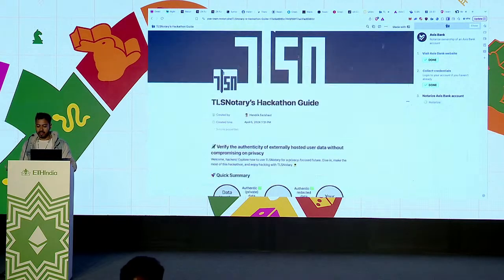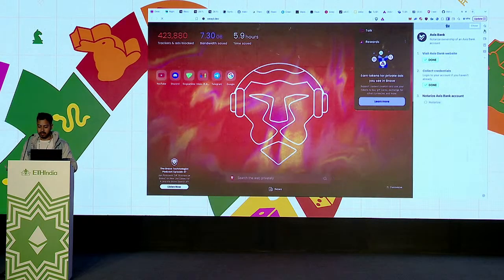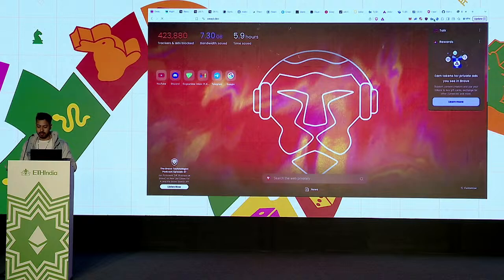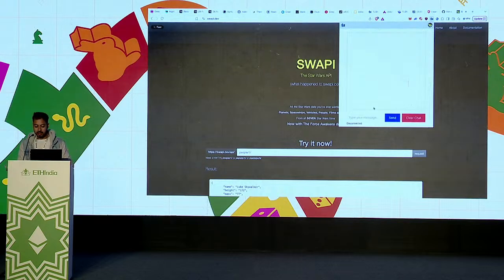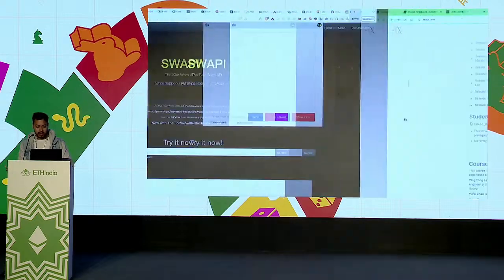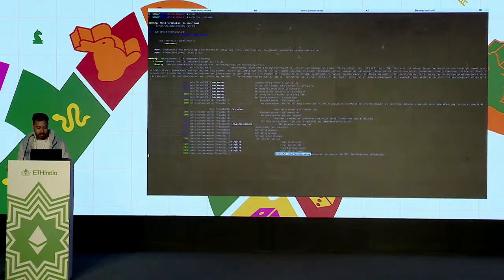So for example, we can visit Swappy. In the official TLSN plugin, you won't have this chat window. This is added by me. It's still in early stages. Wait a second, I have to start a server.